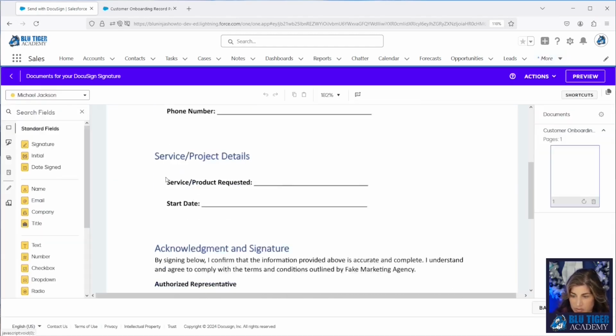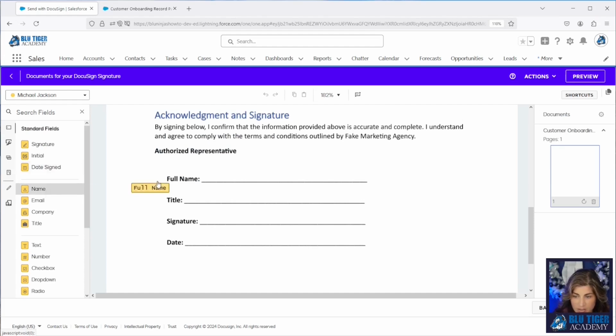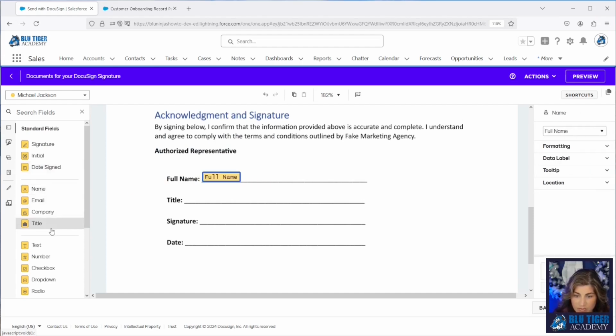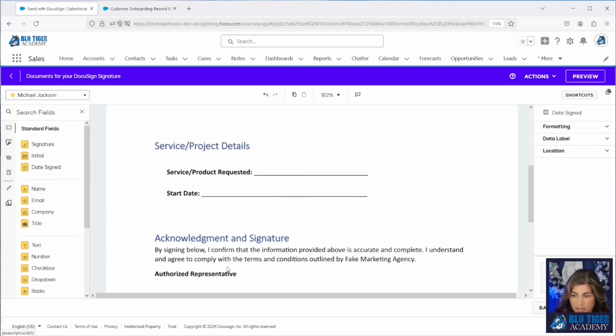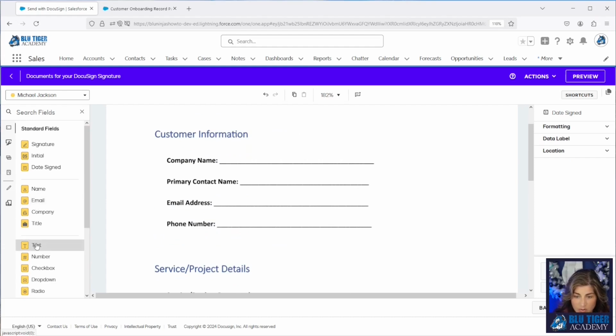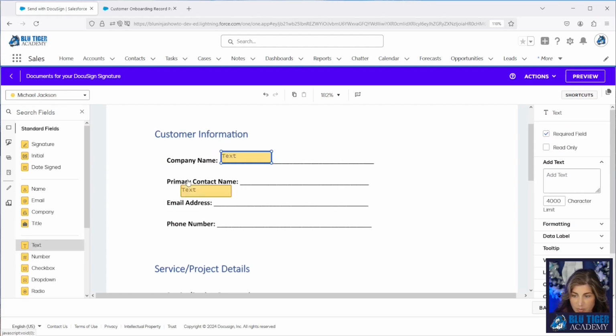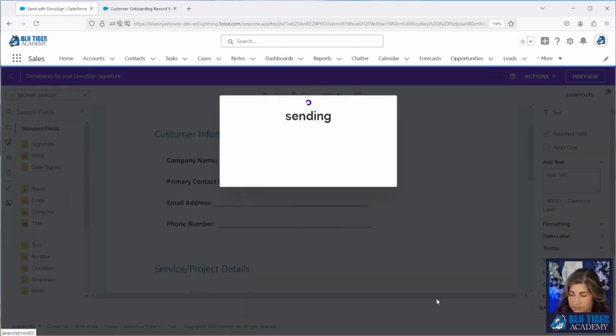So we're just going to add in the signature tags here. We're not going to fill this all out. And then if there was information that they needed to collect from the customer, they could add fields for that. So I'll just add a couple so you can see what that looks like. Then I'm going to send this.